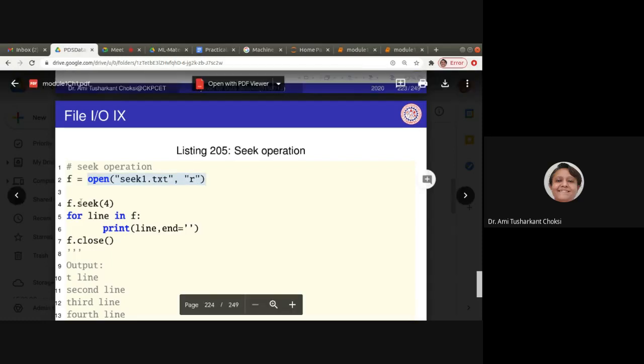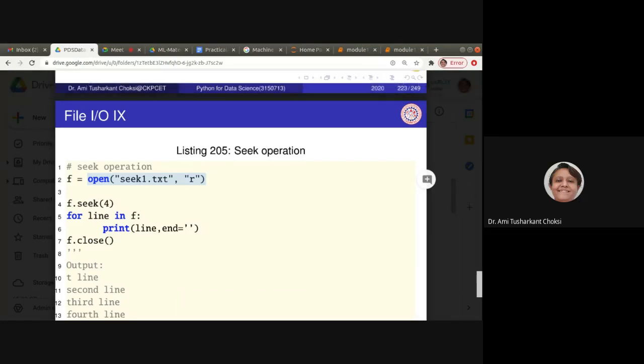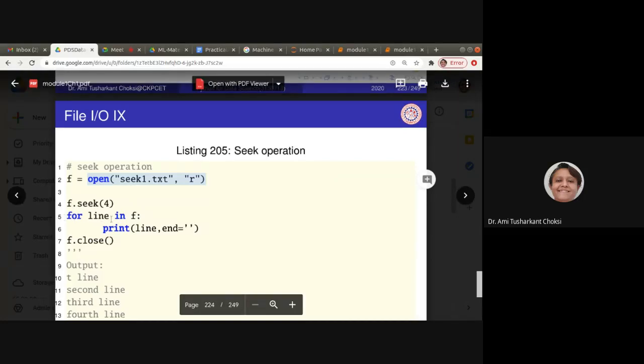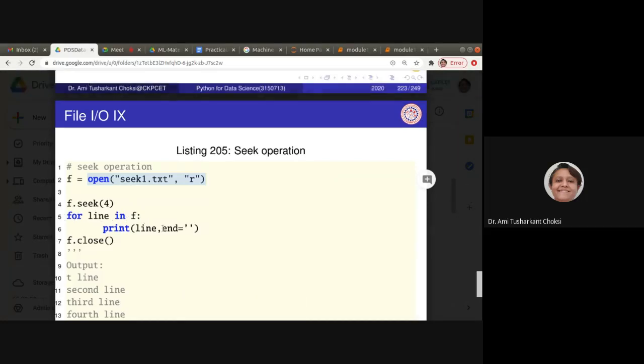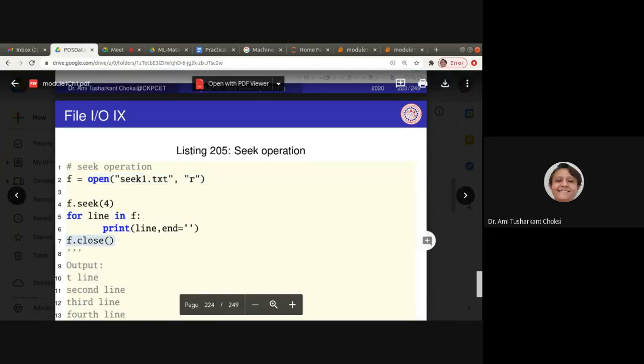Then F.seek(4) means the file handle, or file pointer, should reach the fifth location in the file. After that, for line in F, print line with end equal to nothing, and then we close the file.